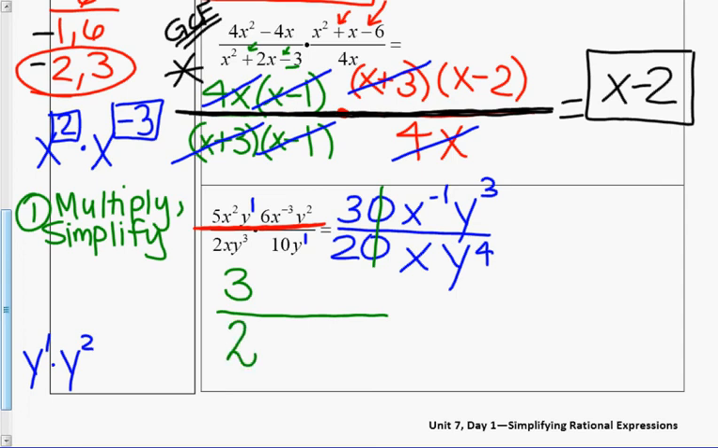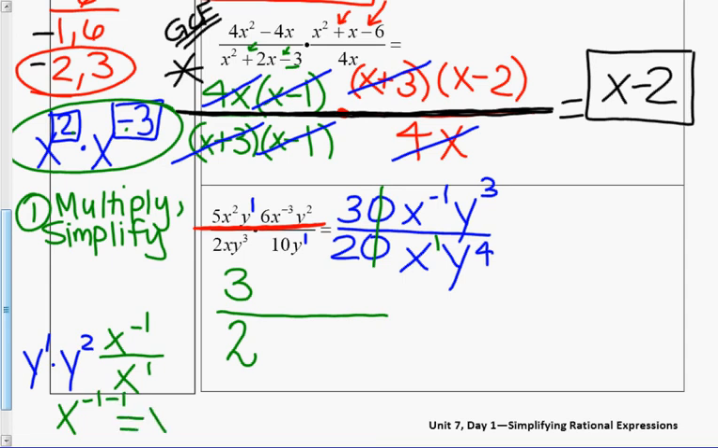All right, now I have x to the negative 1 over x. Remember, if you're multiplying, we're going to add my exponents. So what do I do if I'm now dividing? You're going to subtract, okay? So what's going to happen is I have negative 1 here, and I have 1 in the bottom. And if I do x to the negative 1 minus 1, I get x to the negative